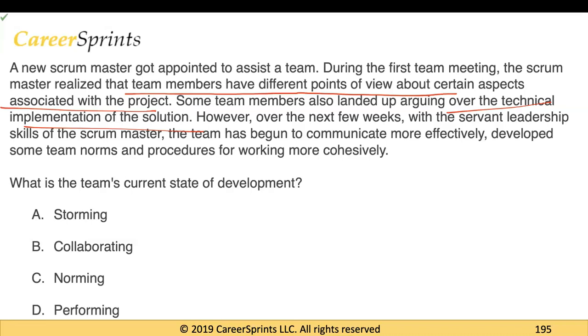Then you have norming, then you have performing, and then finally you have adjourning. So forming is the first stage in which the team is just getting formed and people are trying to avoid controversies with each other. People are just getting to know each other. The next stage is storming, where there could be a clash of personalities, or a clash of different opinions, or over some technical discussions over which people might not agree. So that's the next stage, and this is where a lot of the heated exchanges or debates or arguments might